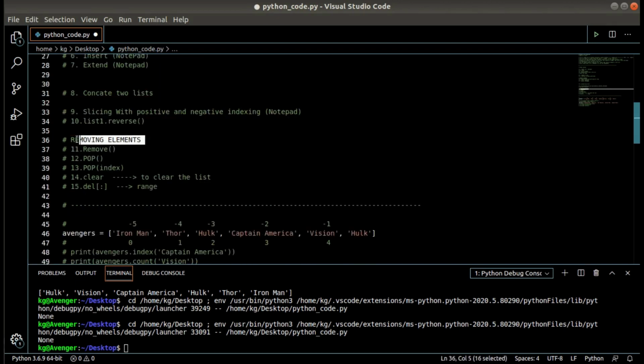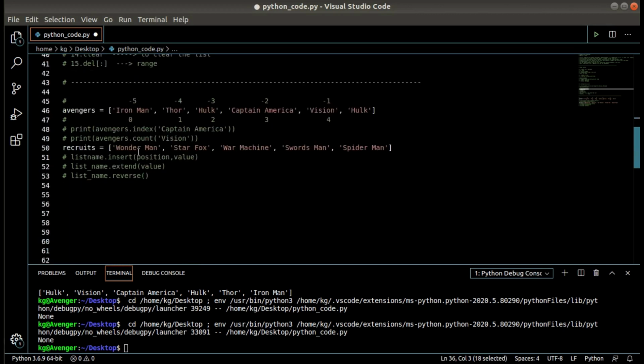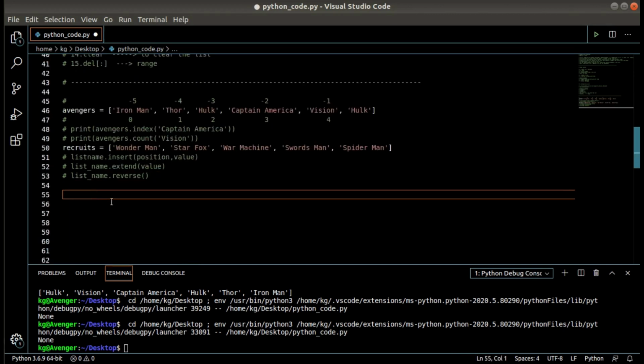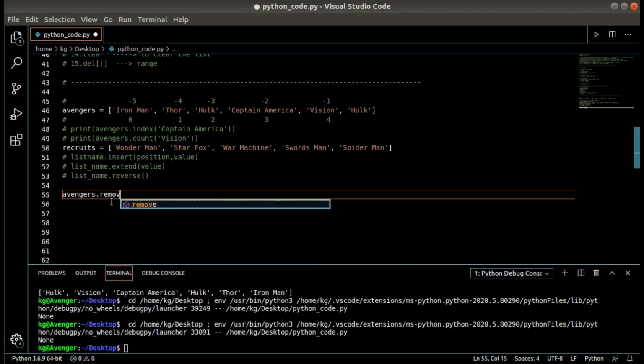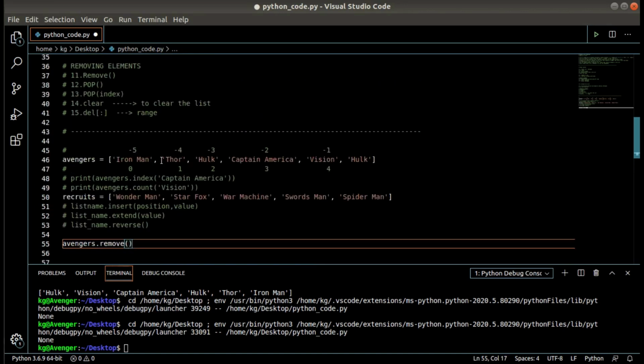Okay, so removing the elements from the list. So I have Avengers. One method I can use, that is remove. So in the remove, I just have to pass the value that I want to remove.